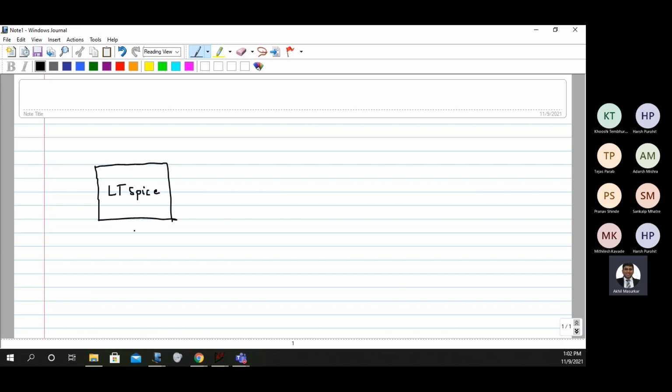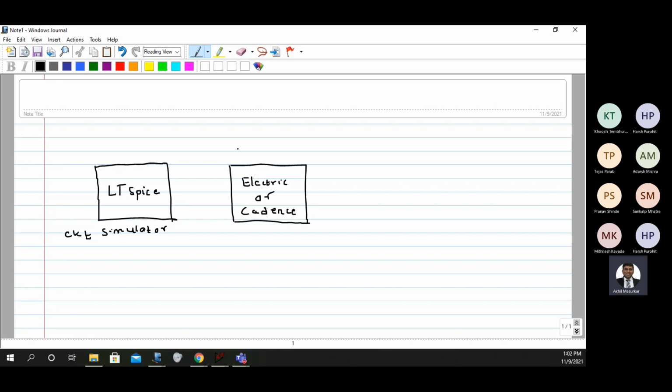Now what it does is, it's a simulator, or we'll say it's a circuit simulator. Now we may want to do chip design. So chip design means we may have to go to some other software. So one of the other softwares is Electric, or maybe Cadence.